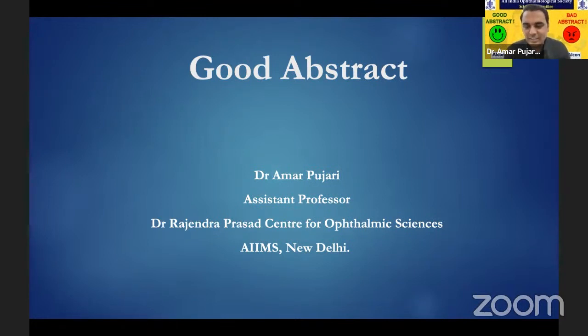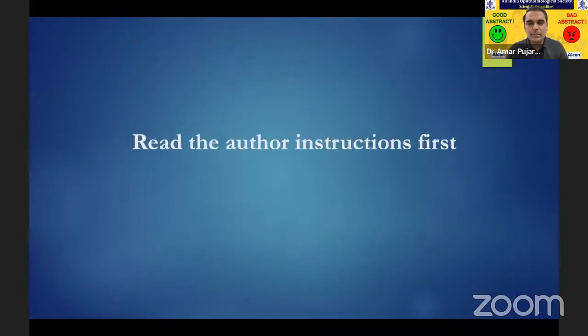Respected seniors, I would like to present my topic. I chose a topic based on my previous publication. Whenever you want to prepare an abstract, you need to understand whether it's for a conference or for a publication. Conferences often have 1,000 characters, including spaces, which you can find at the bottom of the Word document. For publications, the word limit will be up to 250 or even 350 words, depending on the journal you are selecting.